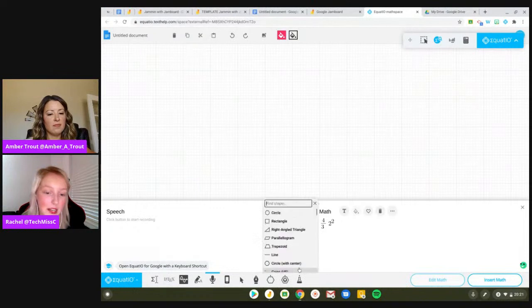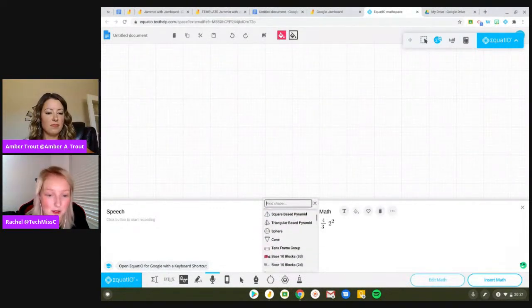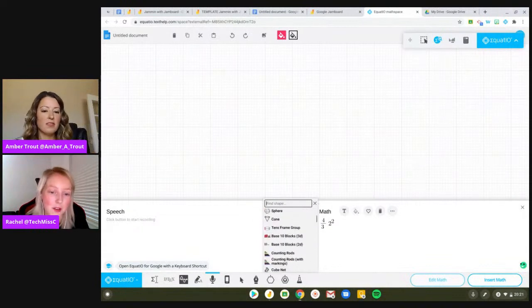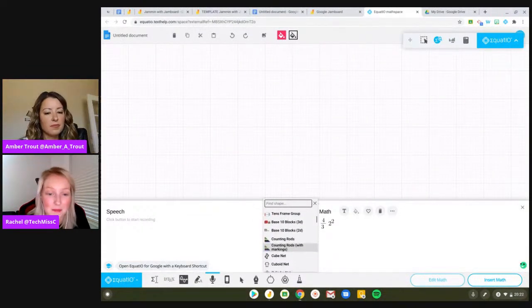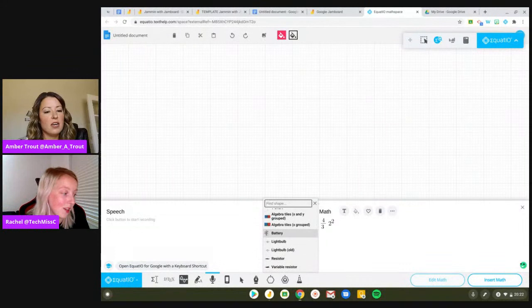And then also in here, under more shapes, there's things like coins, tangrams, pentominoes, pattern blocks, base 10, tens frames, etc. There's also number lines and Venn diagrams, etc. So if you haven't looked at it, it is in the bit.ly